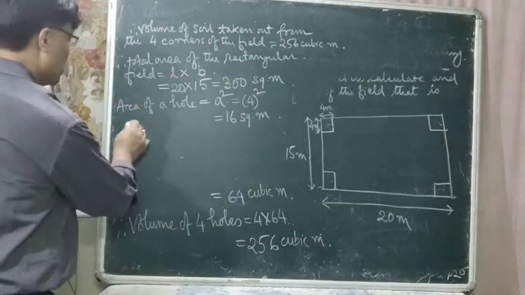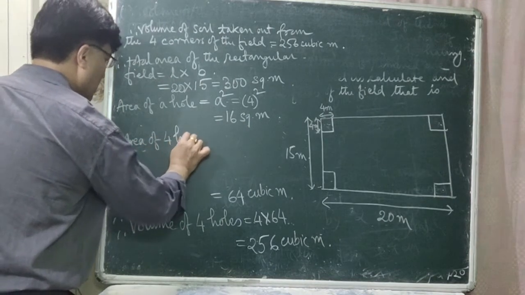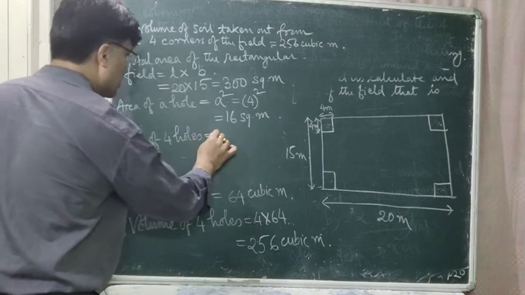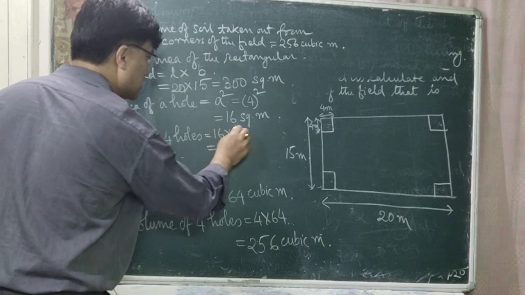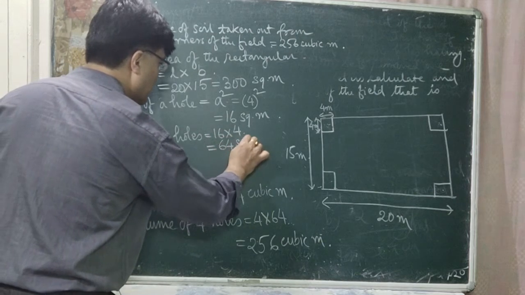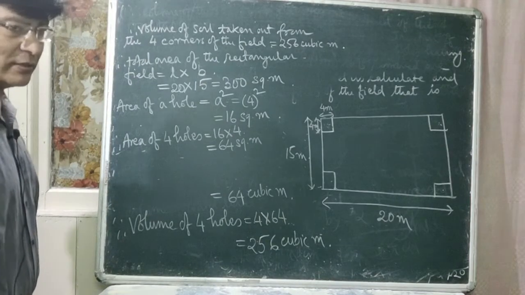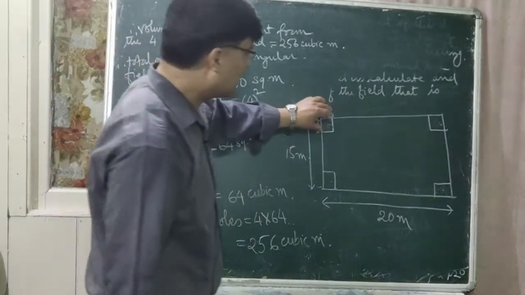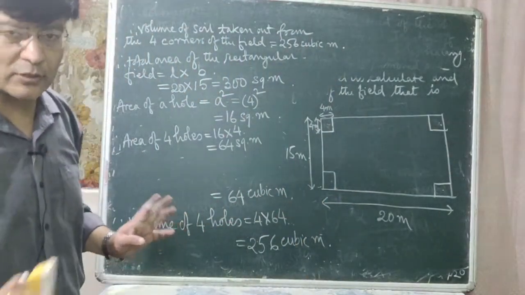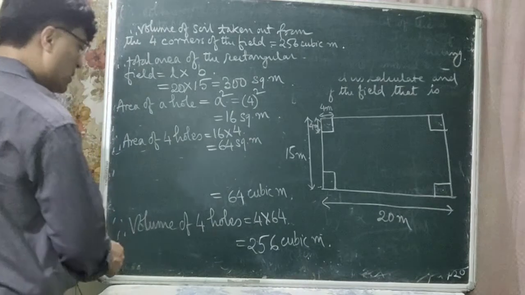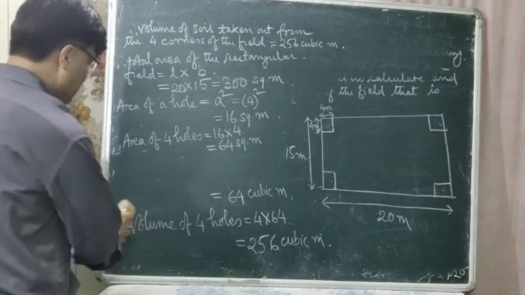But actually how many holes are there? 4 holes, so therefore area of 4 holes is equal to 16 multiplied by 4 which is equal to how much is that, 16 fours are 64 square meter. This is 64 square meter. Okay, so यो चारटा होलको एरिया चाहिँ टोटल एरियाबाट एक्सक्लुड गर्नुपर्छ, घटाउनु पर्छ. ठीक छ, so now you have to write down